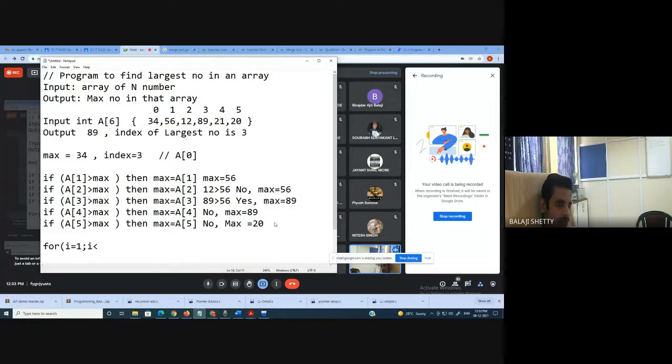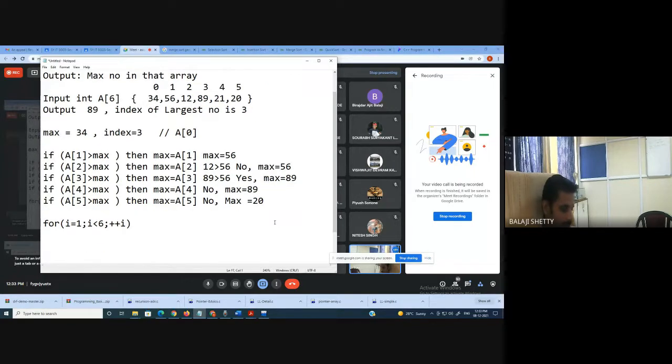What is the size of the array? 6. Then i plus plus. The logic is very simple. If the next number, a of i, is greater than max, then max equals a of i.